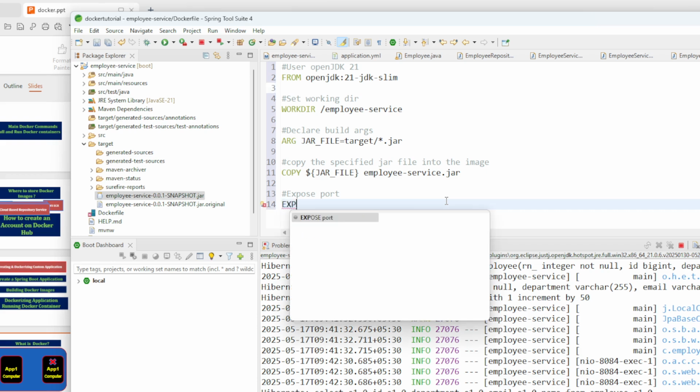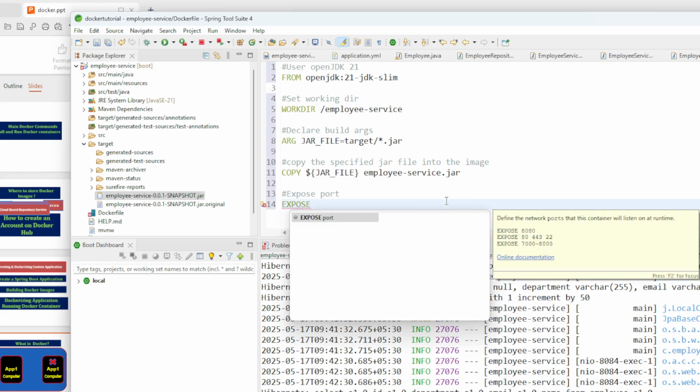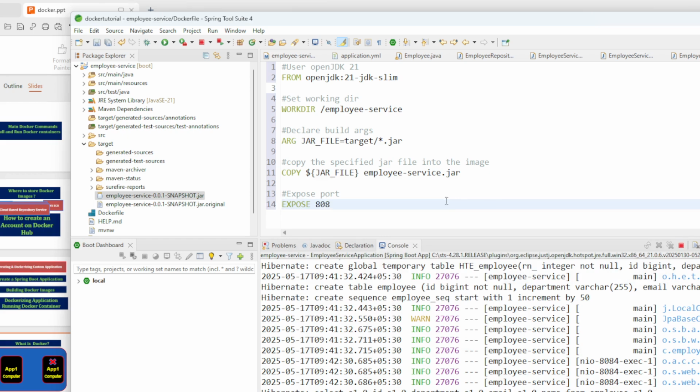For that we are going to use expose, and port name. Let us give the same port as we have defined for our Spring Boot application, which is 8084, and we can save it. And finally we need to define to run the application,